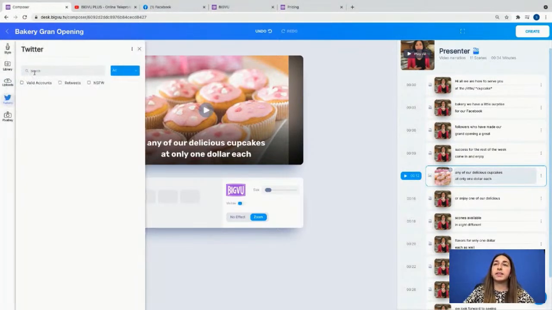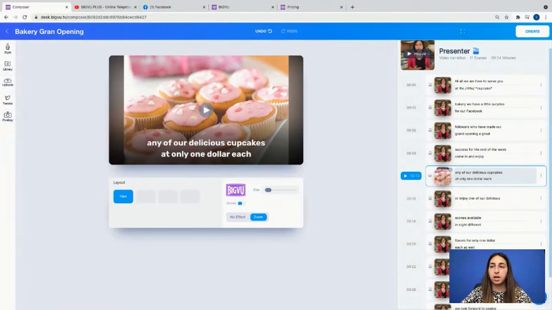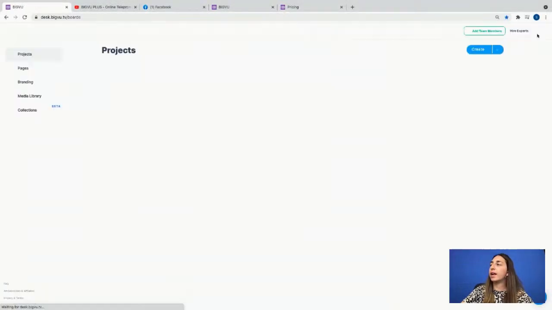Also, you can add tweets to your video and use Pixabay. Pixabay is a shared library including free photos and free videos. So after we finished the editing, everything we want to do over here, we just click on this create,